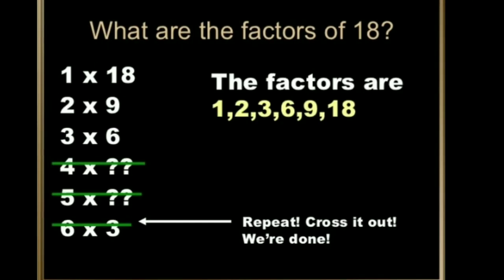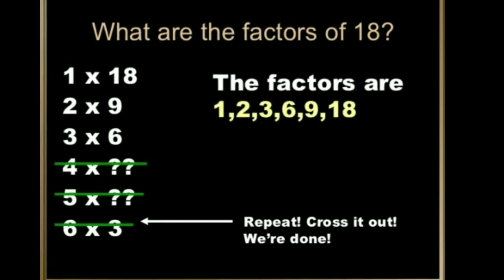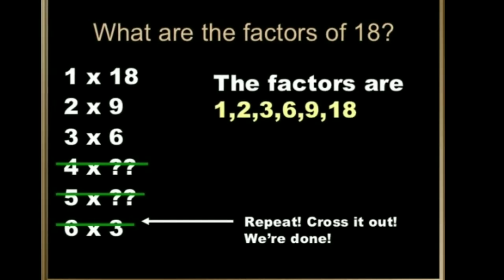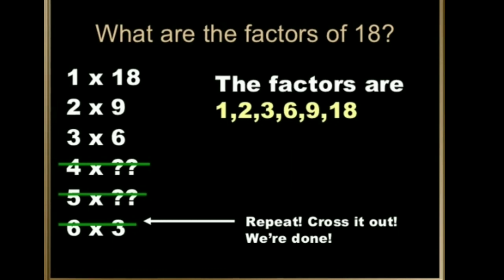Let us take another example. Here I have to find the factors of 18. Following our steps, first of all multiply 1 with 18, we get the factors 1 and 18. After that, moving on to the table of 2, we found that 2 9s are 18, so the next factors are 2 and 9. After that, moving on to the table of 3, we found that 3 into 6 is equal to 18, so the next factors are 3 and 6.